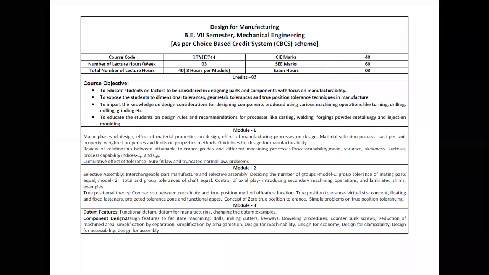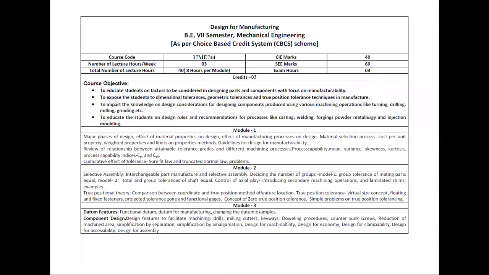Why does tolerance play an important role in design for manufacturing? Because tolerance is an acceptable range for a physical dimension, which can be accepted by a design engineer. The tolerance is determined by the product designer, the person who is going to design. Based on fit, the function of the parts, or the form, they find out the tolerance of that particular component.